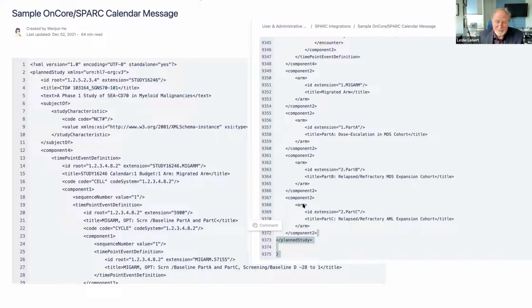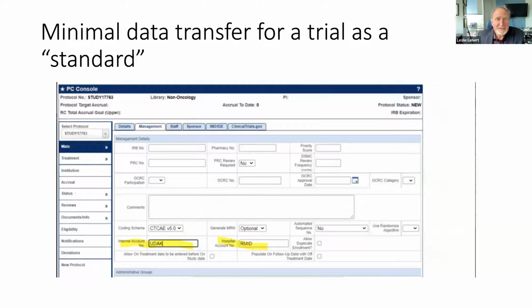I'm not aware of a lot of other APIs that pull in 9,500 lines of code and execute on them. So kudos. This is what the minimal data transfer does here: what we're doing is borrowing fields in the data model